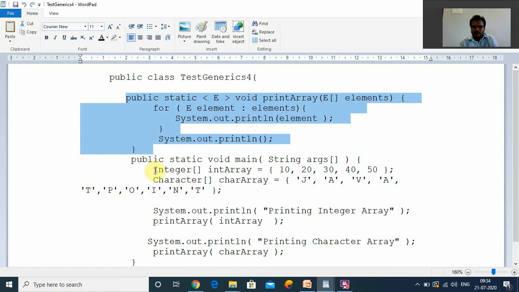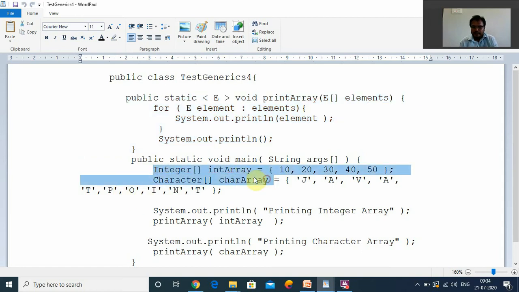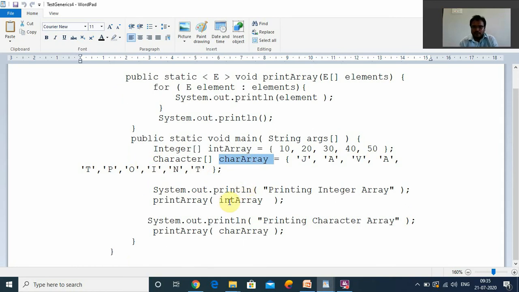Here we are initializing an integer array, intArray is the array name: 10, 20, 30, 40, 50, five elements in this integer array. This is a character array, Java T point. First we want to print the integer array elements. For readability, print integer array.